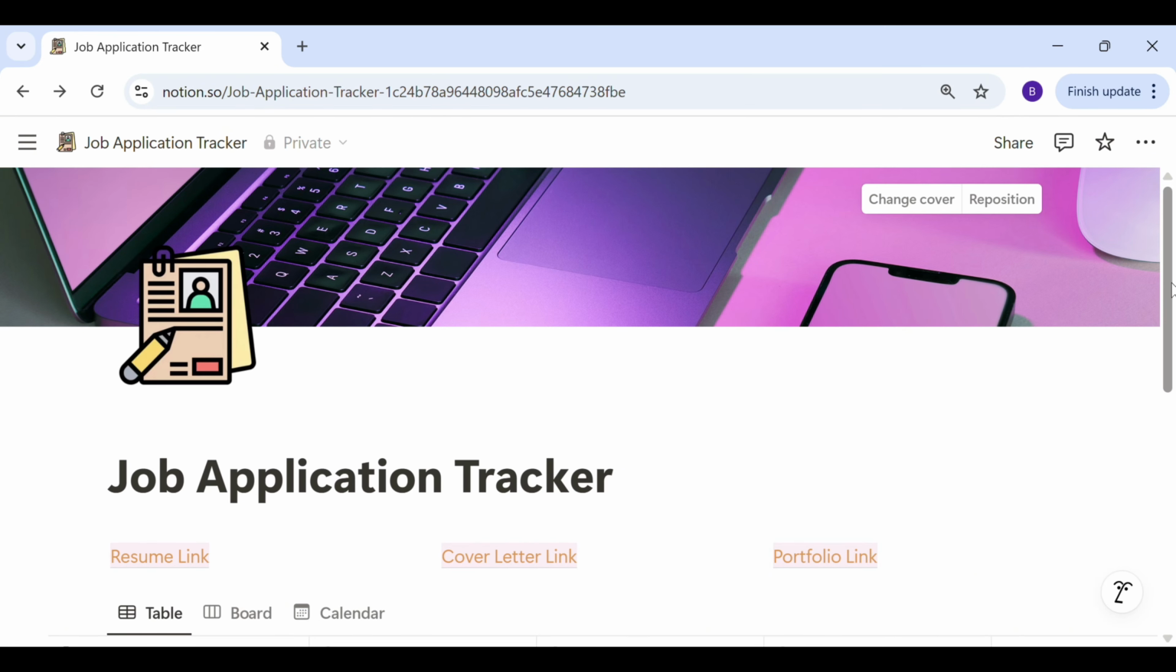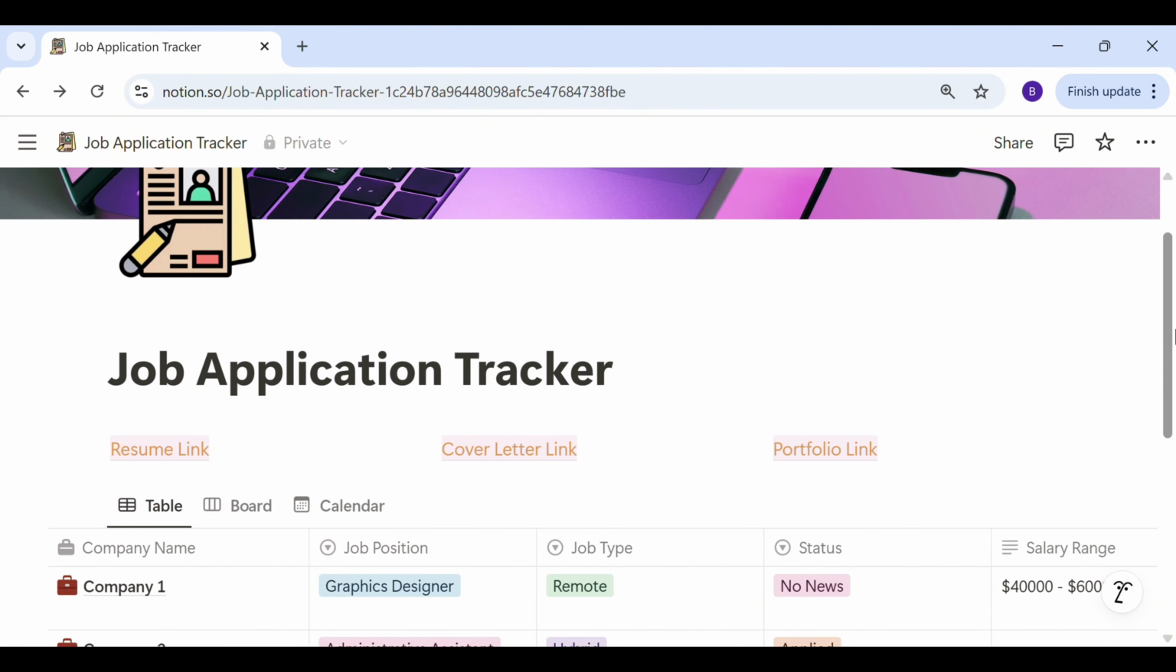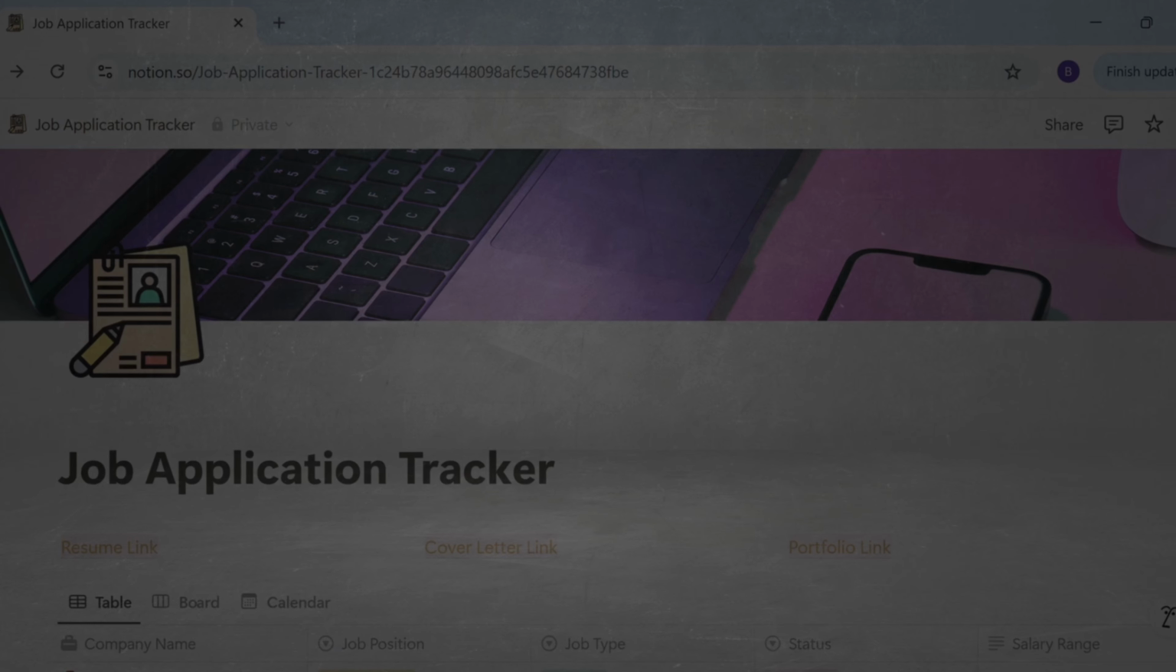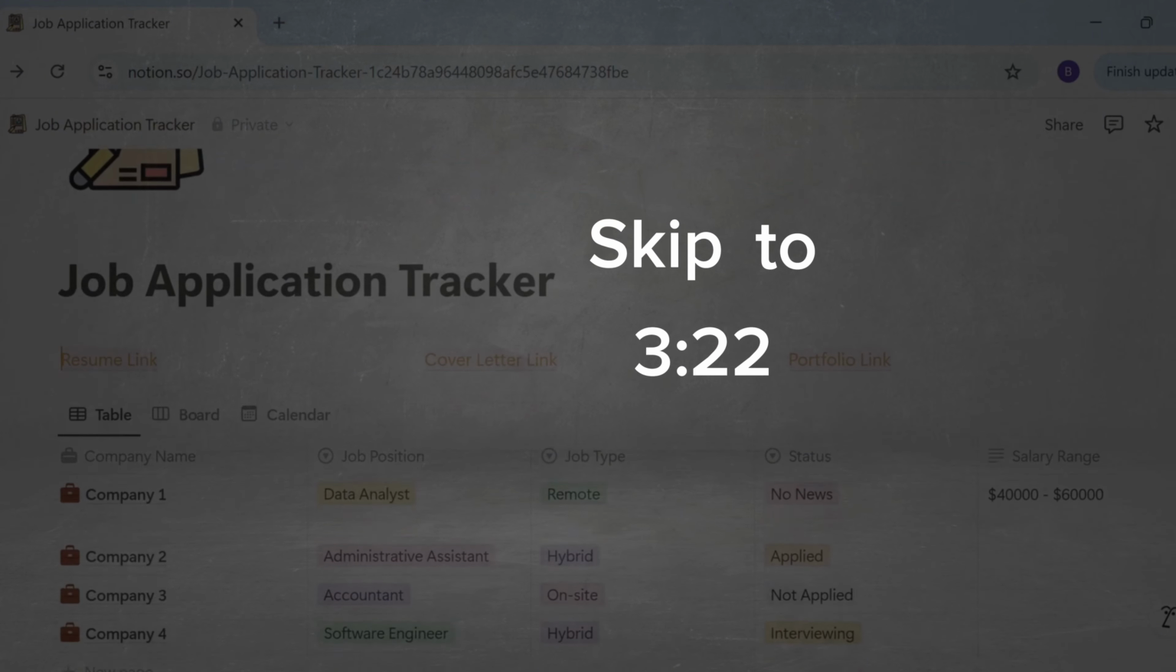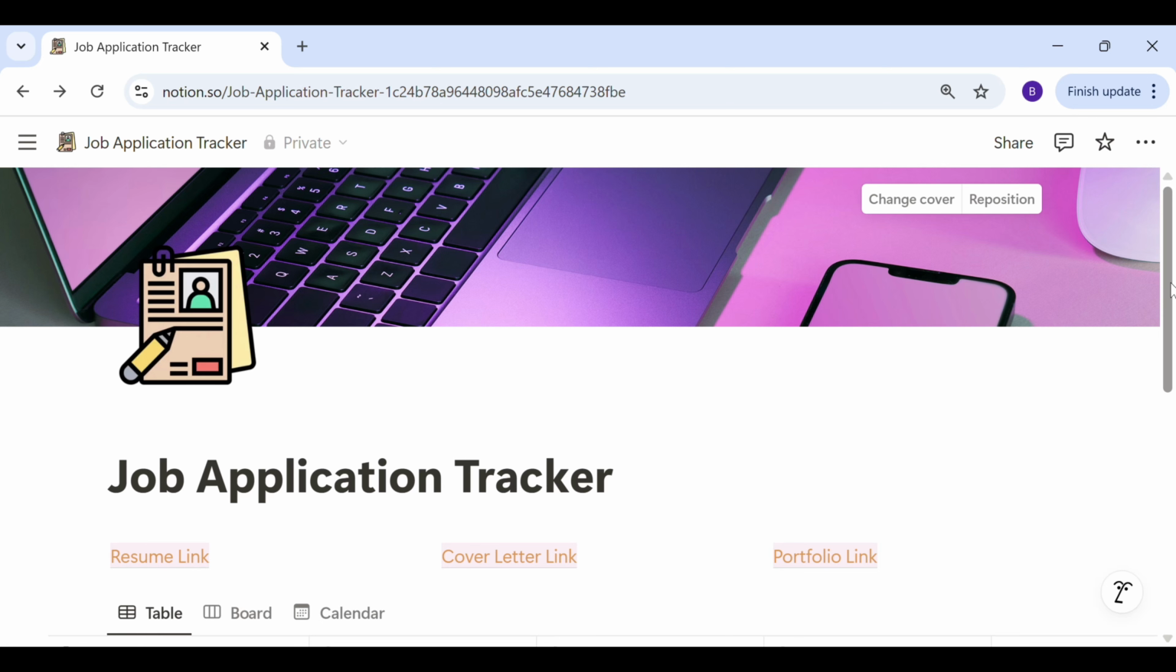First, let's walk you through this job tracker so you know how to use it. If you're only interested in seeing how to use Notion Forms, please feel free to skip ahead to 3 minutes 22 seconds of this video. Now, let's continue. You have an area where you can include the link to important documents that you'll be needing